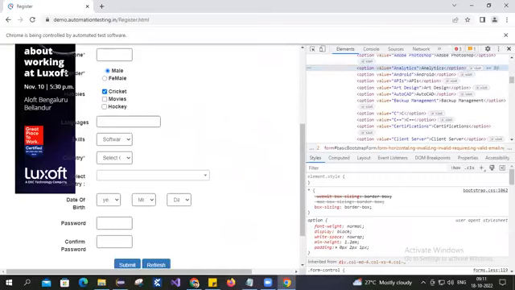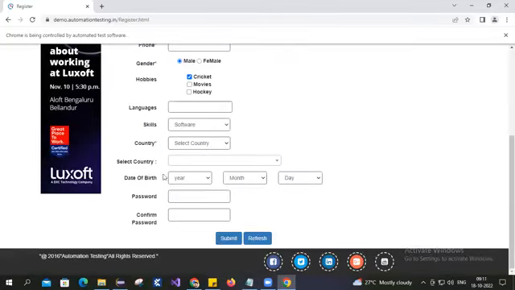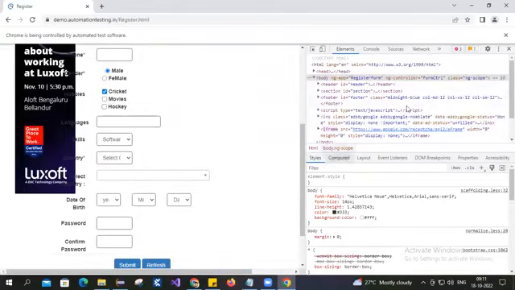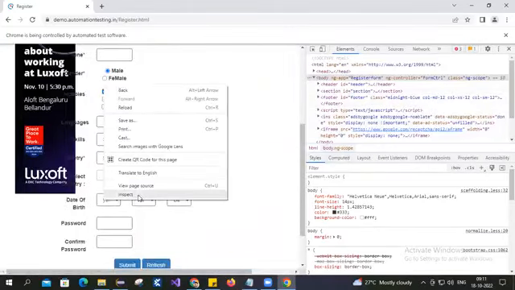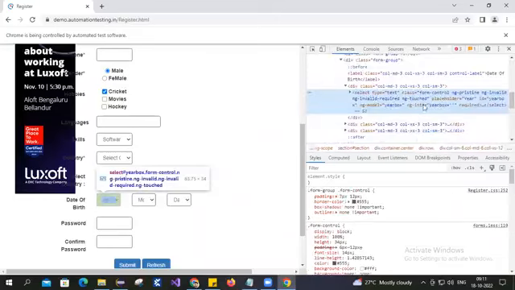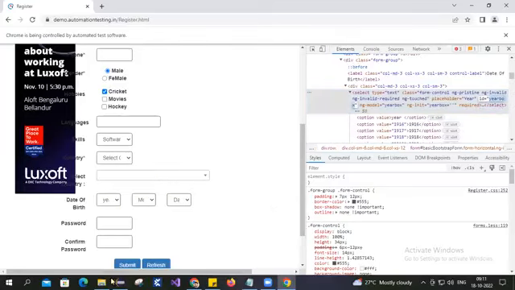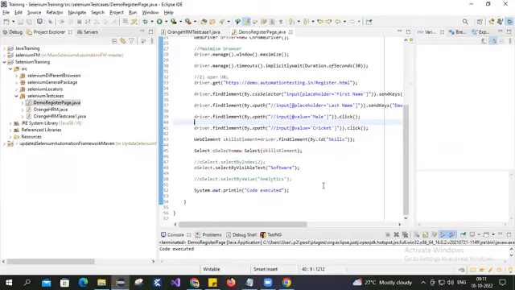So in a similar way, now if we want to select the date of birth year, how do you do it? Just right click and inspect on that particular year. This is the year one, right? So we are selecting the year. So what is the locator? You can take the placeholder year, or the ID. The ID is year. So we can use the ID, and after selecting this,